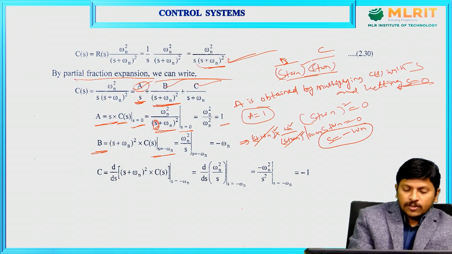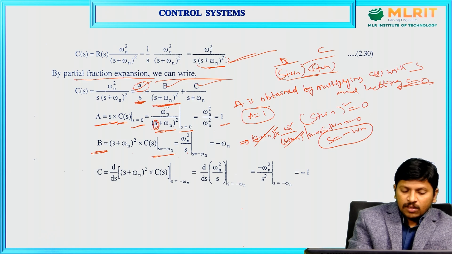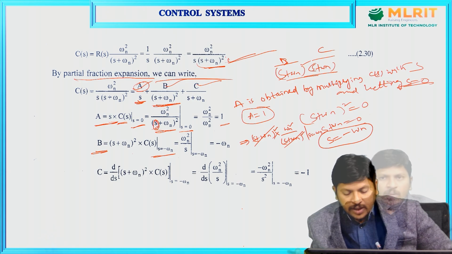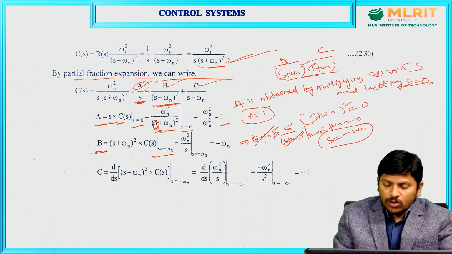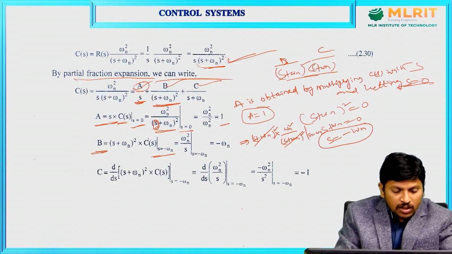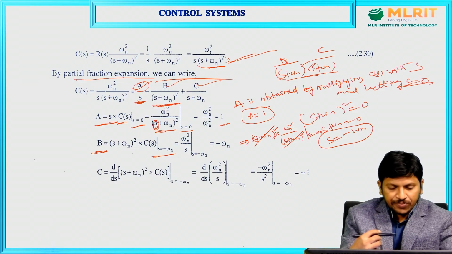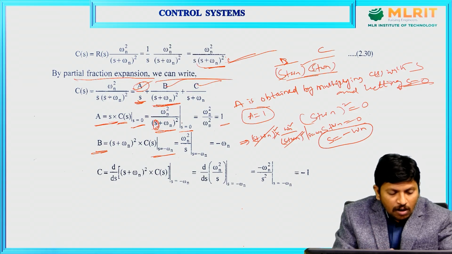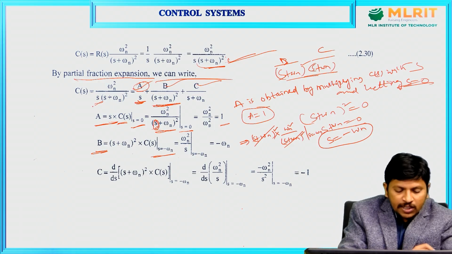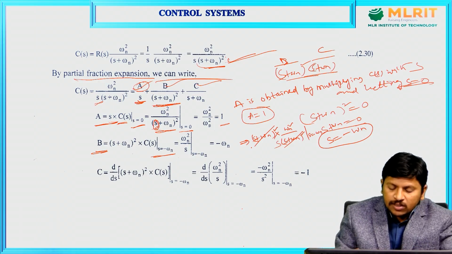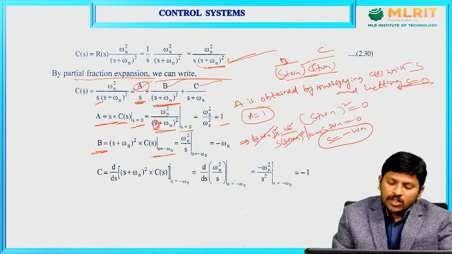Just substitute here omega n square divided by S. Second, these two terms are going to be clear. So S value equals minus omega n, but here the S term is not available. Here S is already there, C of S equals to one more S is there. So S plus omega n square into S, C of S is nothing but omega n square